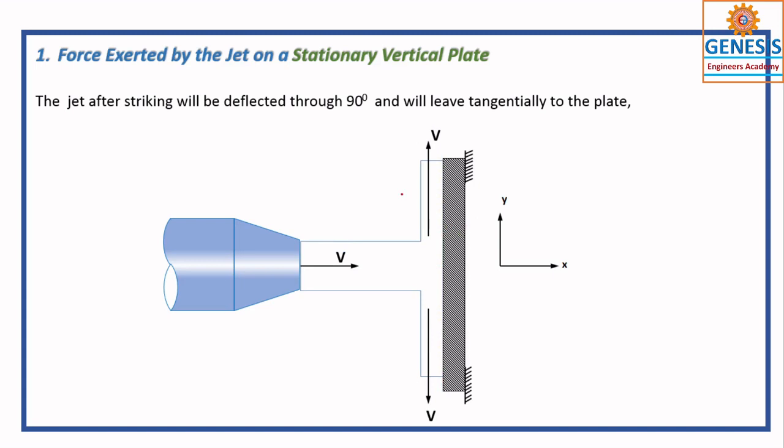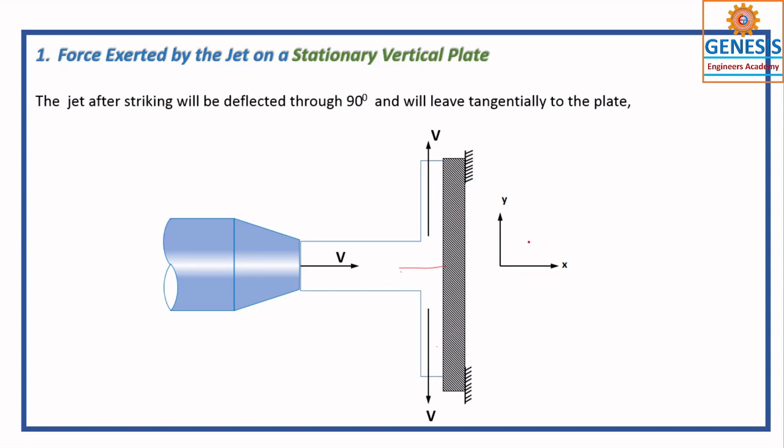You may think that I have failed in creating the animation, but it is just to make you understand that the jet gets deflected and also departed. This jet is divided into two parts. One is going upwards, the other one is going down. But I am not saying that they are equally departed, equally deviated. One may have more quantity of fluid, and naturally the one going down will have the heavier mass flow rate.